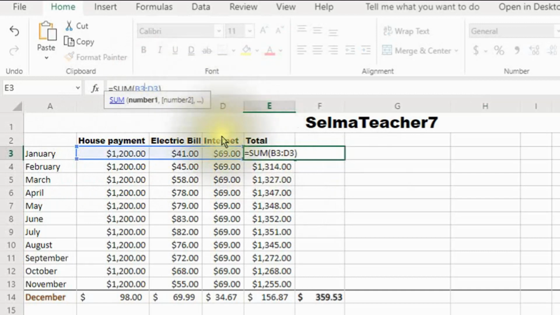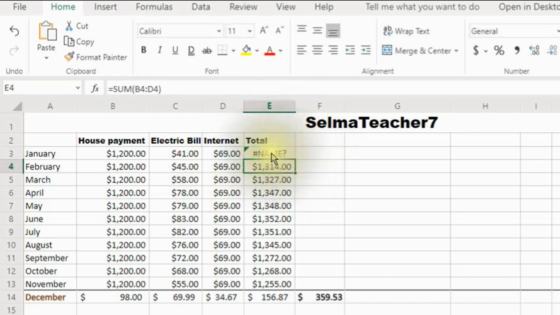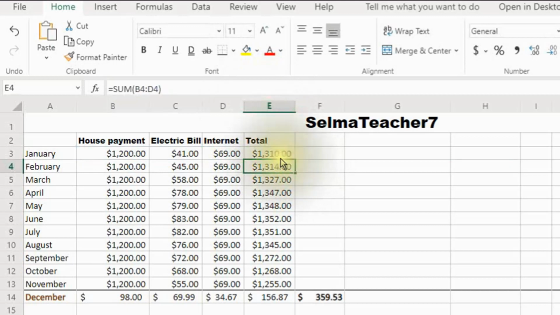And then let's say that by accident you click back in here, and then you click over here, and then not knowing that you've just changed your addresses in there, you hit the enter key, and that's how you get the name error. To fix that, click back into where it says name right here, and you'll see the addresses are not correct. So just click in there, hit your backspace to take out the extra address that doesn't belong, hit the enter key, and you're back in business.